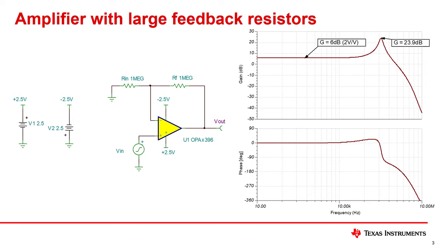Here is an example of a low power op-amp paired with large feedback resistors. Running an AC sweep shows that the amplifier's gain has significant peaking near the bandwidth limit of the device. Furthermore, notice that the phase shift rapidly drops by about 180 degrees near the bandwidth limit. This kind of gain phase response is a good indicator that the circuit has stability concerns.